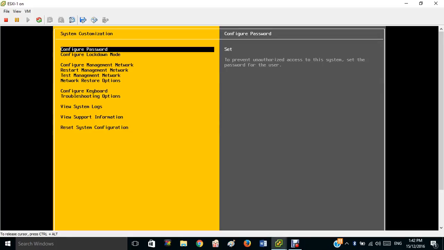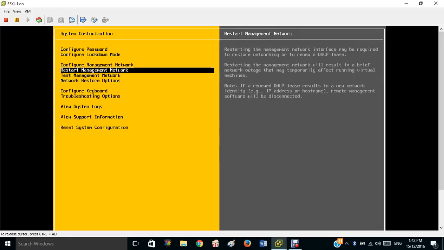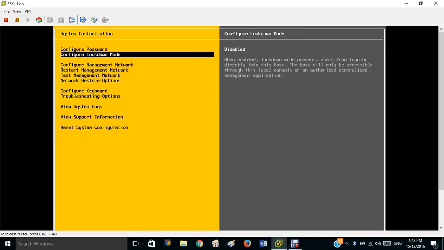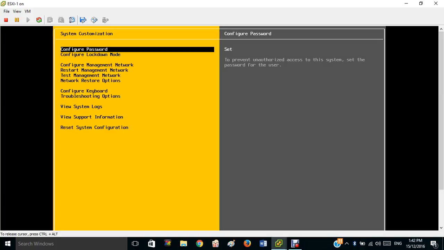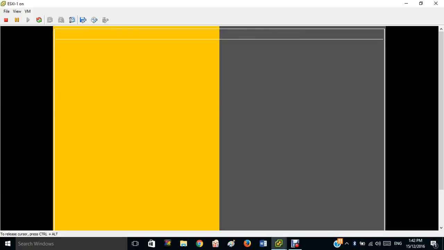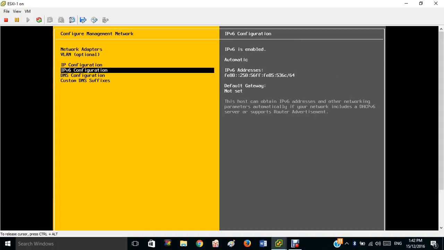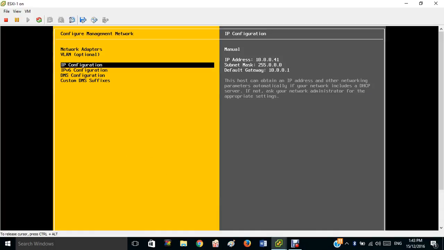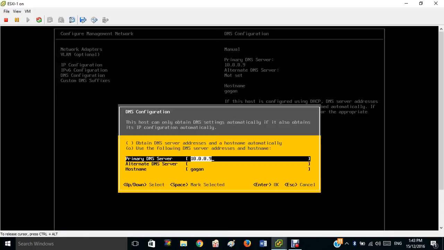There are a number of options: configure password, configure management network, troubleshooting options, configure keyboard. In configure password you can change your password if you want, and in configure management network you just give the IP configuration. I have given static IP 10.0.0.41, subnet mask and default gateway, and this is the DNS configuration. You have to give your DNS and your host name here